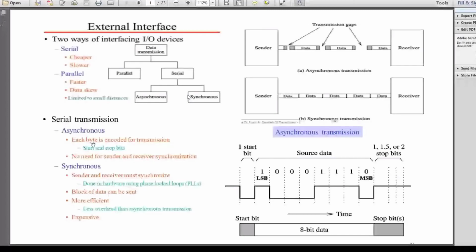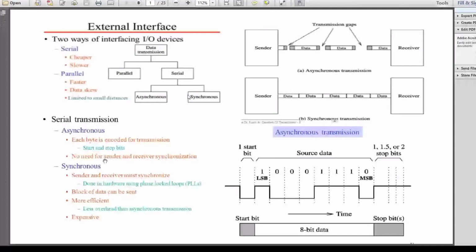What is the encoding then? Encoding is just putting the data in a particular format. It has one start bit and one or many stop bits. And there is no synchronization required because of the absence of the sync pulses. No extra circuitry is required here. This is less expensive, and it has one line only.